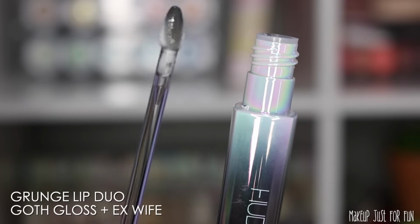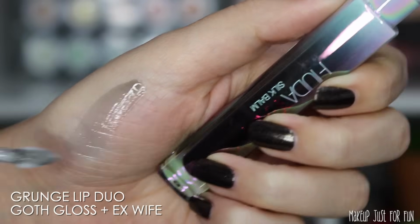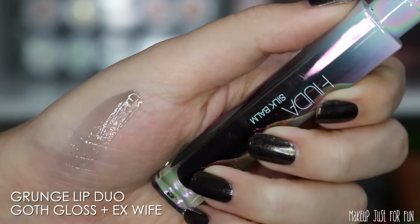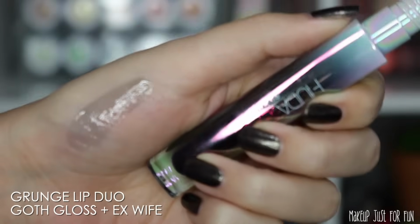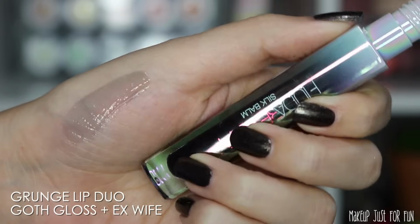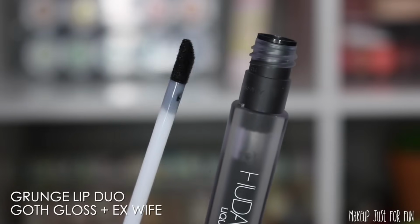The one that is my problem is this Goth Gloss Silk Balm. I love the original Silk Balm. It was not a plumping formula. It was just comfortable and hydrating, and it was like a cute little clear gloss, and it was great. So I was expecting this to be like that because it's the same packaging. It's a Silk Balm, and you know what? It hurt my lips